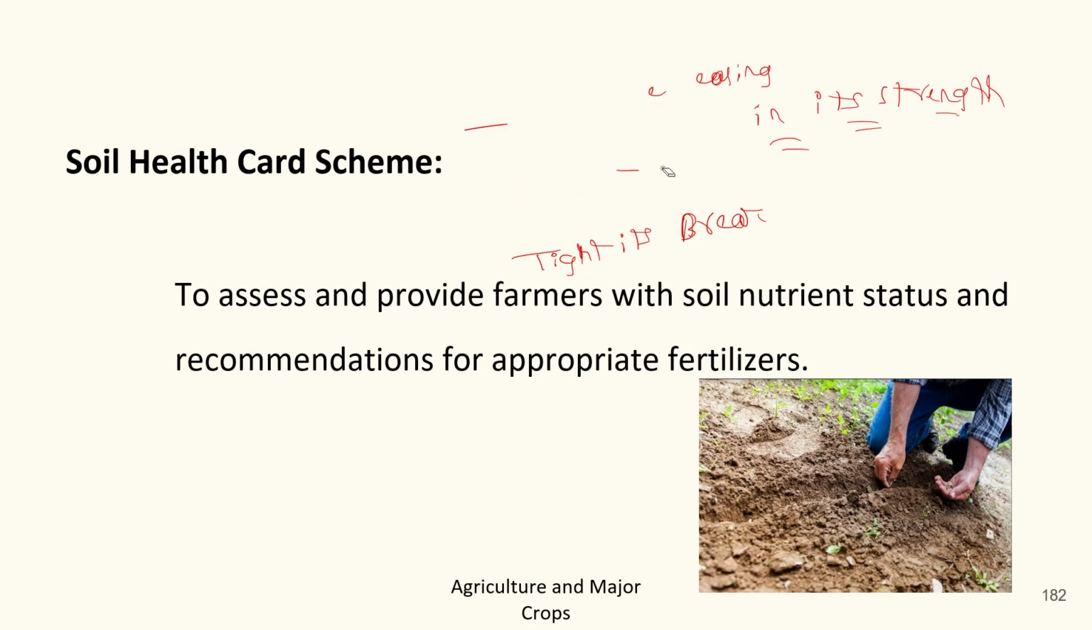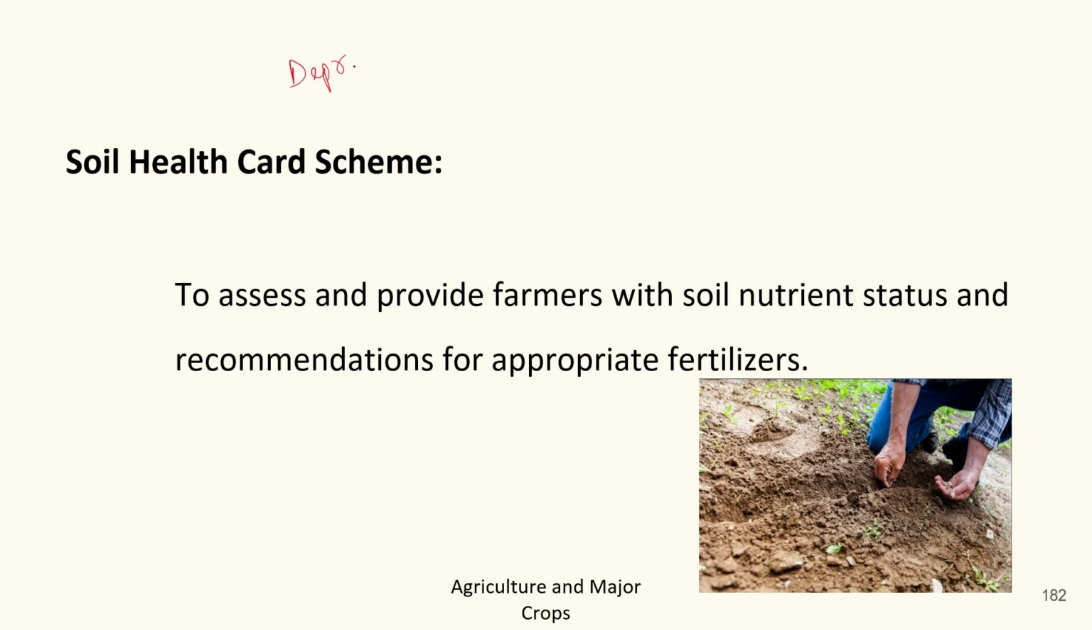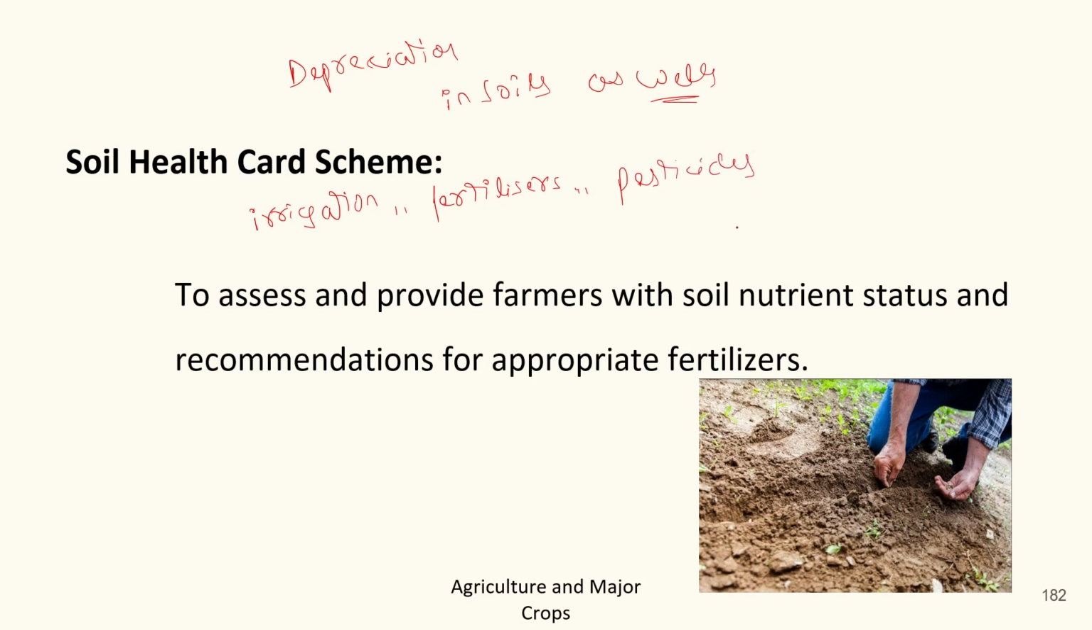Similarly, the case is with soils. If soils are in continuous usage, then there would be a depreciation in soils as well, because on the agricultural side, the soil goes under irrigation changes, use of fertilizers, use of pesticides, etc. Due to this, there would be an impact on soil health,